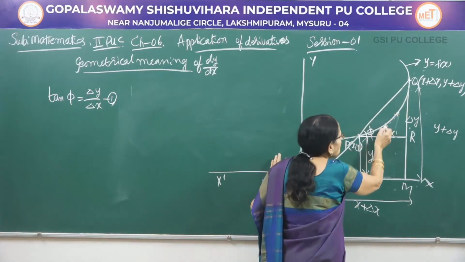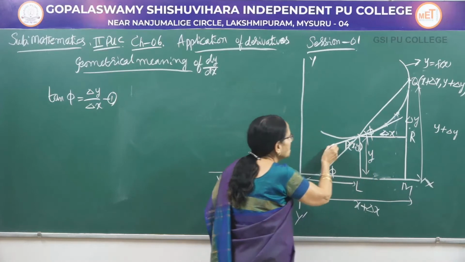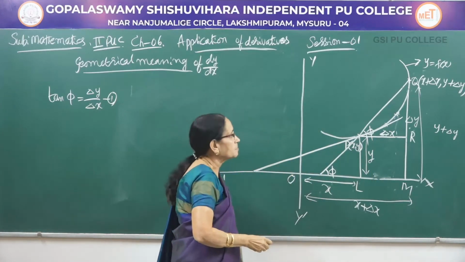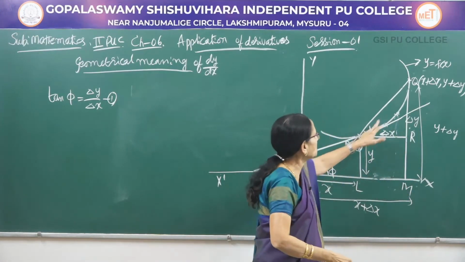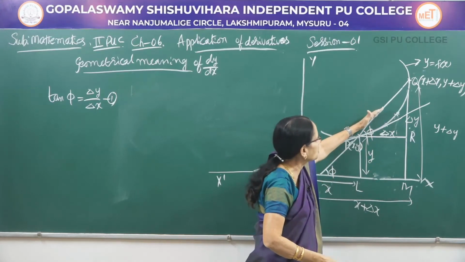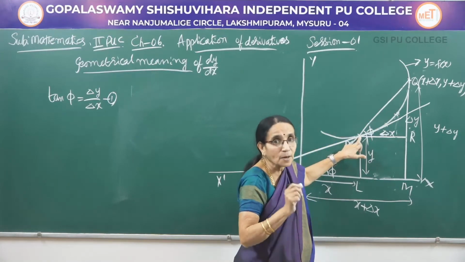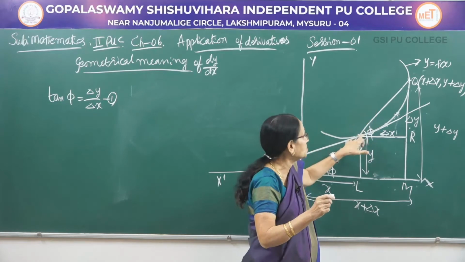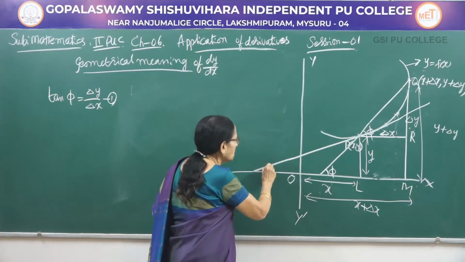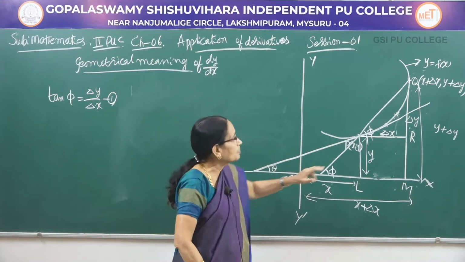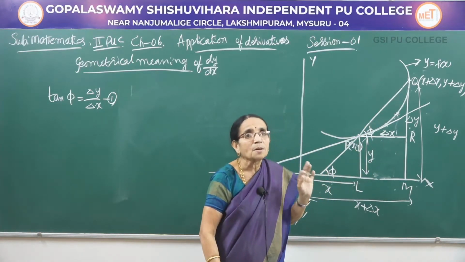When the point Q coincides with P, there will not be any chord at all, it actually becomes a tangent at the point P. So, do not get confused between the too many lines here. Originally it was a chord, now the chord becomes like this, like this, like this. Finally, when Q coincides with P, we will not have a chord, it would be a tangent because both the points are coinciding with each other. So, it becomes a tangent at the point P, let it make an angle theta. What has happened to delta x? When Q coincides with P, delta x automatically becomes 0.